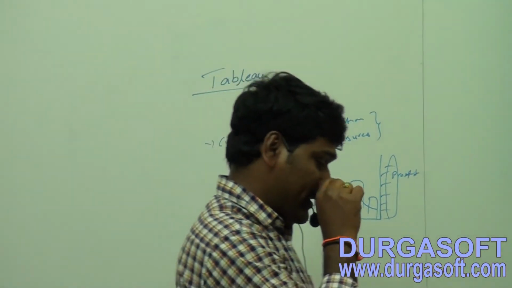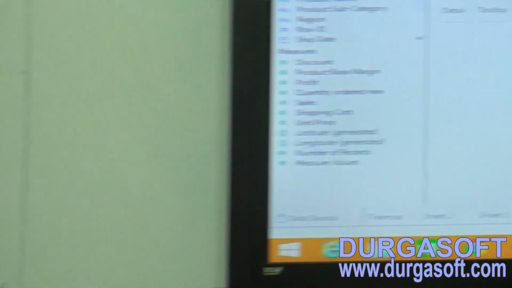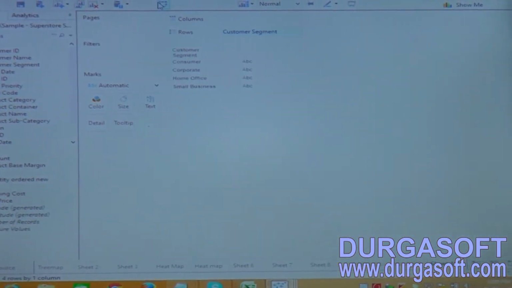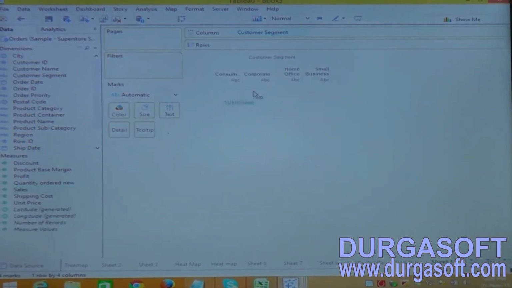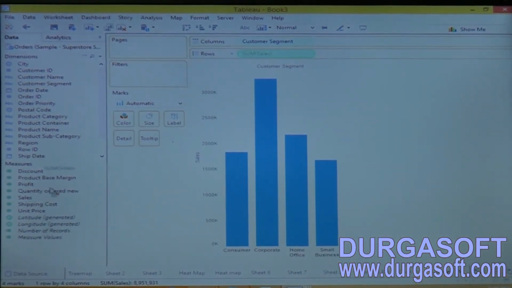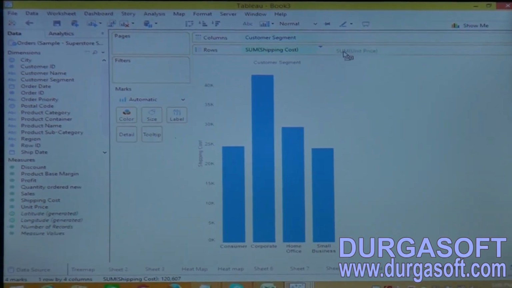Now let me create one more dual axis with other data. See, I have a customer segment where I have sales or shipping cost and unit price.